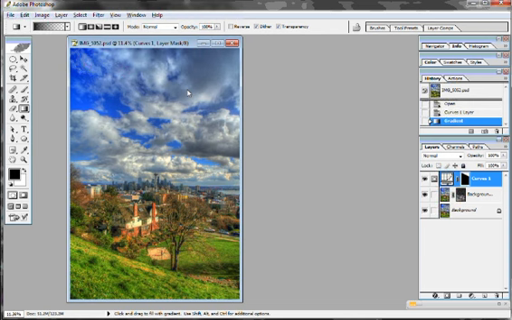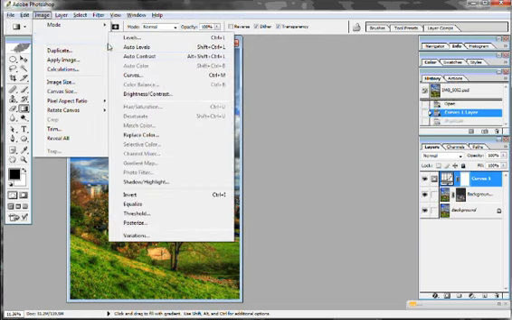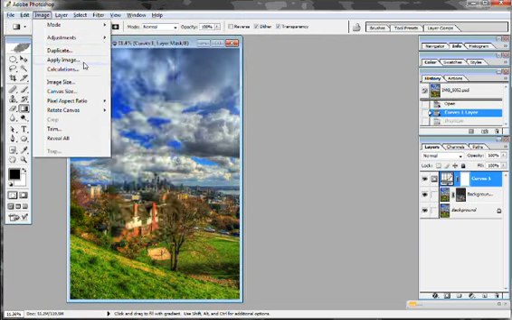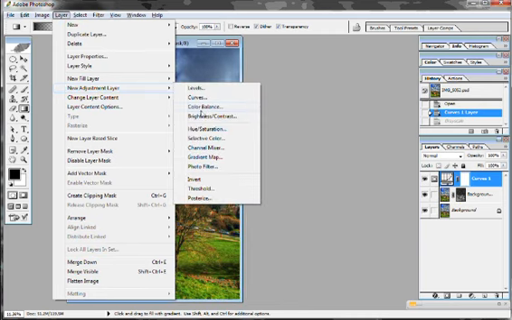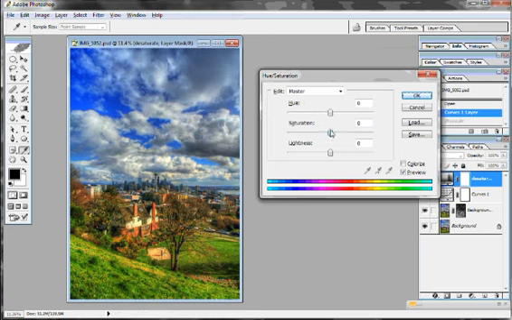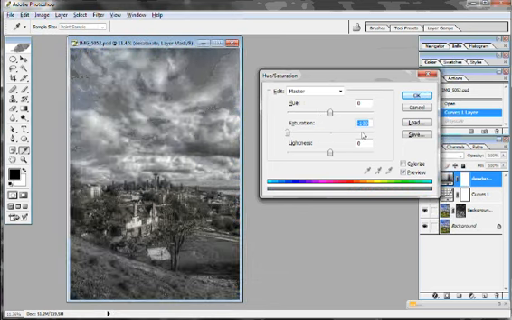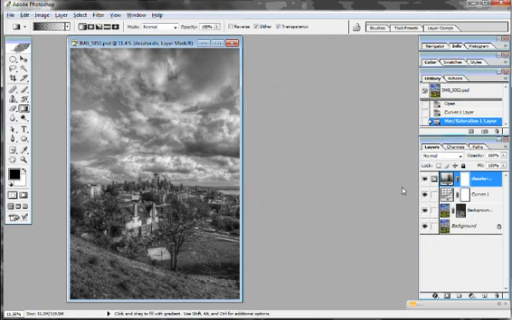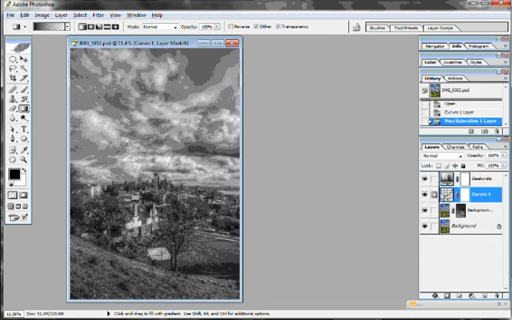The next way that I sometimes will use is using a hue saturation adjustment layer. I mean, this is real simple. You go to layer, new adjustment layer, hue saturation, and we'll just call this desaturate. Click OK, and then just drop the saturation all the way down. It's really simple. Click OK. But now it's just an adjustment layer, so now you can adjust it further by, I can come down in here and say maybe